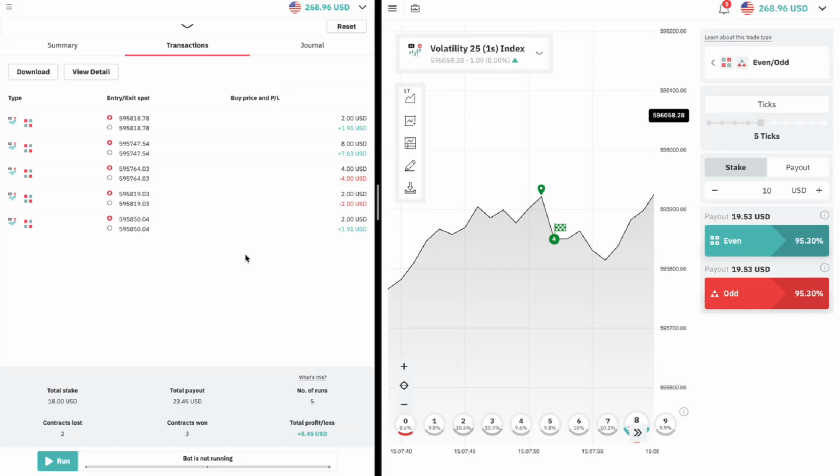But the person who had recommended it said for them manually, what they do is it touches one even number, then another even number, then the third one is an odd number, he goes for even. So that is how they do it, and they asked for us to automate it for them. So we have just automated that, and they can just leave the bot running. So long as the strategy is still working, they'll be making money.